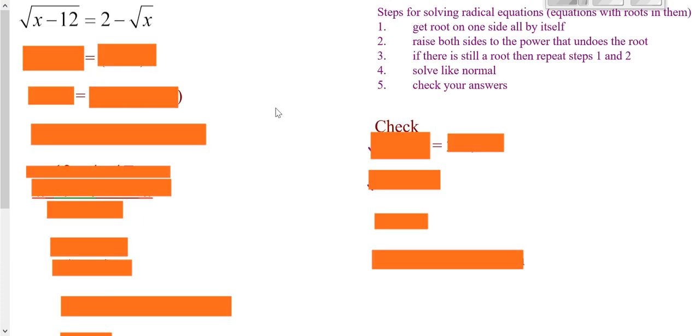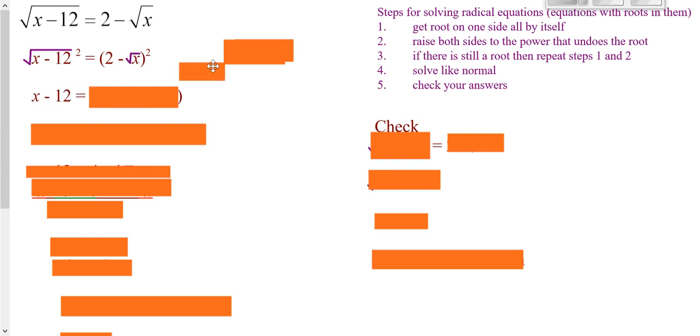So here, you want to normally try to get the roots on one side all by themselves. However, we have two roots, and we can't get the root on one side by itself. But we do have one root that's on one side by itself, the bigger root. So we could just square both sides as it is. Now, on the left side, your square undoes your root. On the right side, your square does not apply to each one